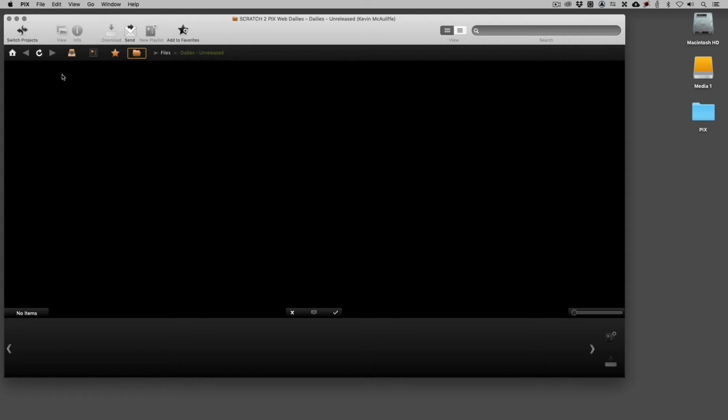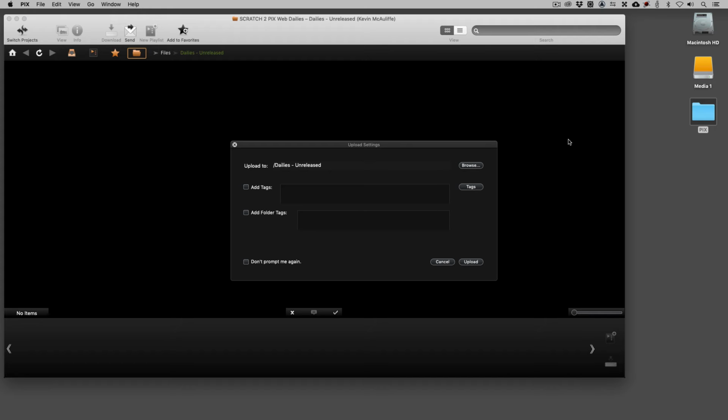Now, I don't need to go File, Upload. I don't need to do anything like that. I don't need to create any folder hierarchies. All I need to do is simply take that folder from my desktop and drag it into the PIX interface. Now, as soon as I do, I'm brought to the Upload Settings window